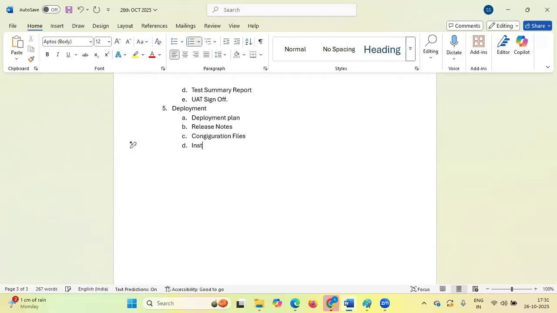Then installation, or maybe how to deploy, right? So deployment script. Okay. So these are the activities or deliverables we are going to do in the deployment phase.